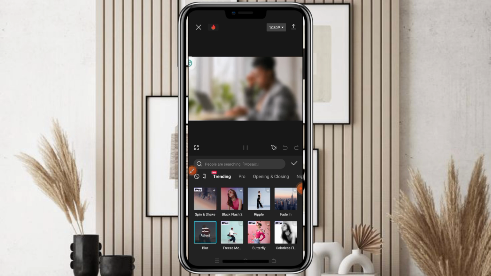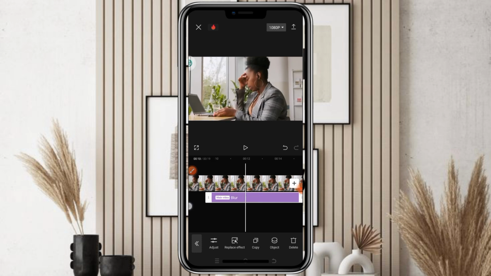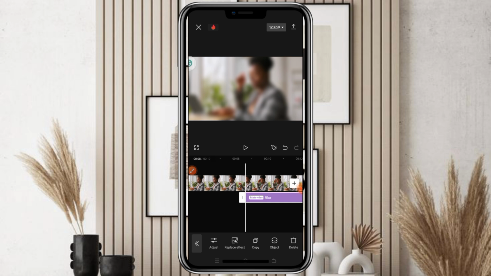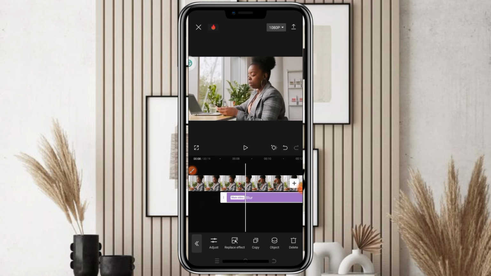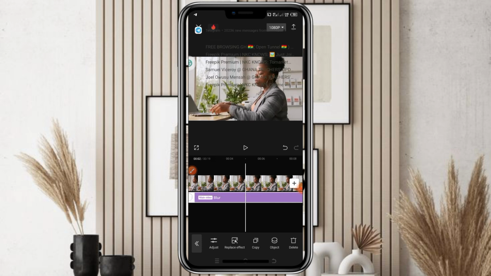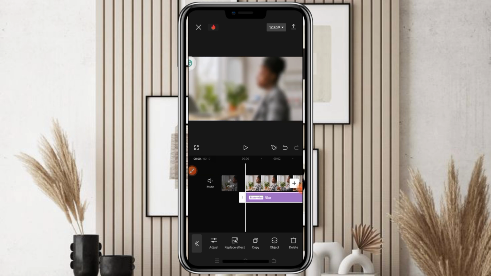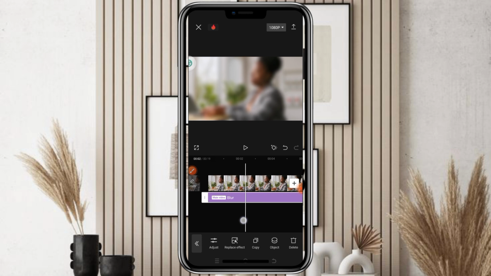When you tap on the blur, you have to drag it so that it will cover the whole video. Drag it to cover the whole video. So when you blur the video like this, what you do next is